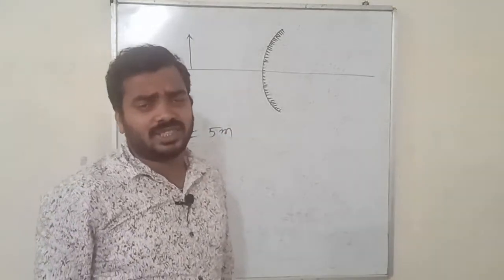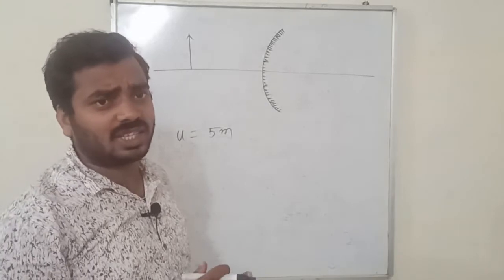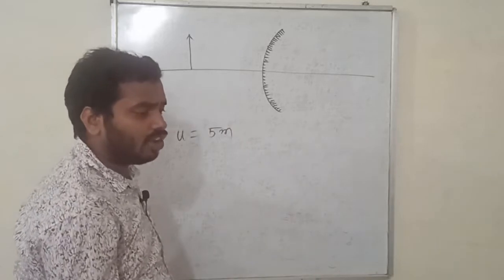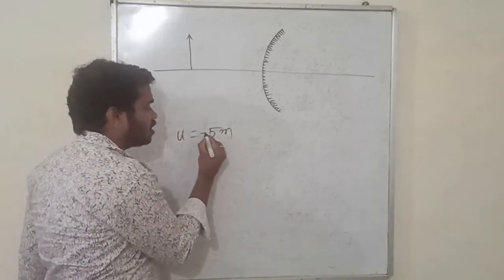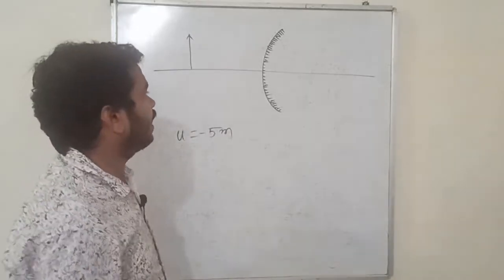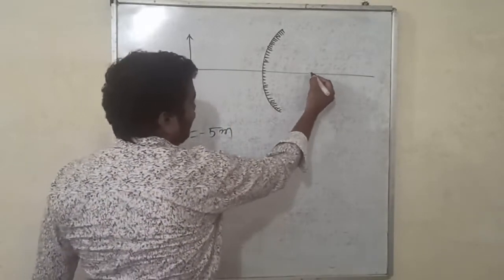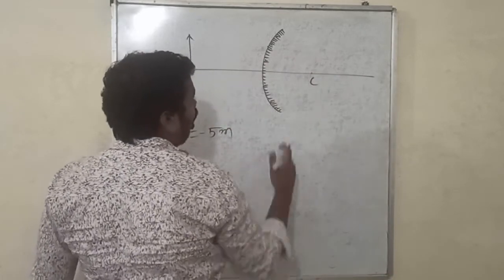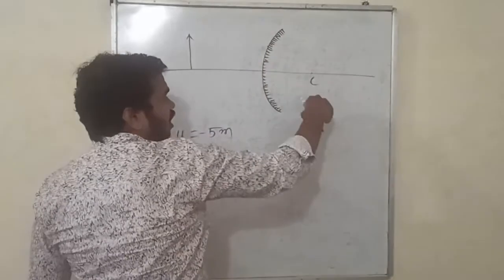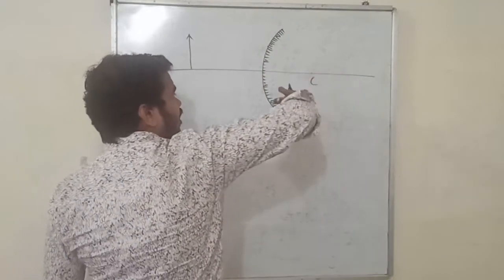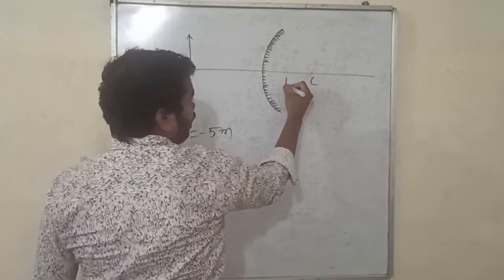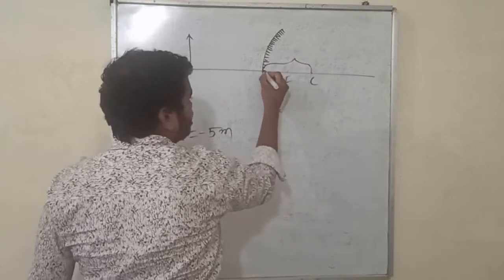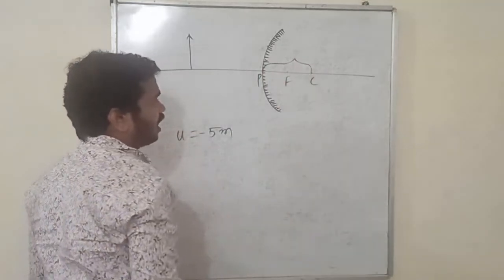As I told you, it's a star point while I am saying the sign convention, that any object distance, whether in the case of a concave mirror or convex mirror, you are going to consider the object distance as negative. Next, the radius of curvature was given as 3 meters. Obviously the center would lie on the curved side, and the focus would be here itself. The radius of curvature means the distance from the pole to the center of curvature. That's what he has given.